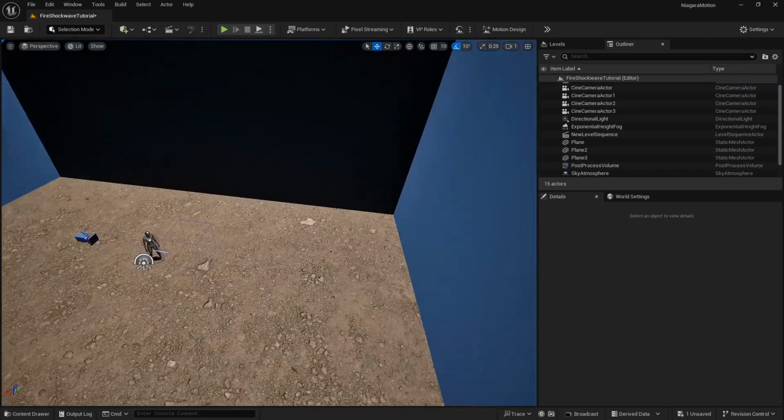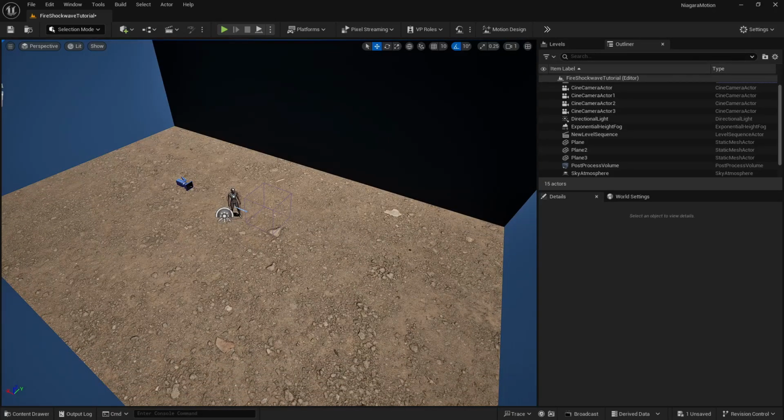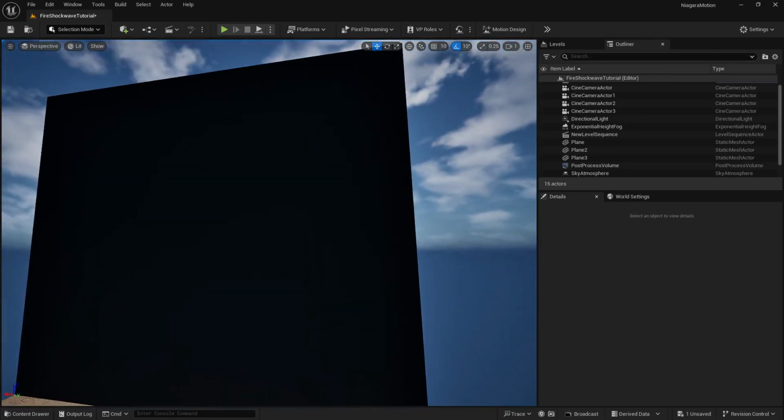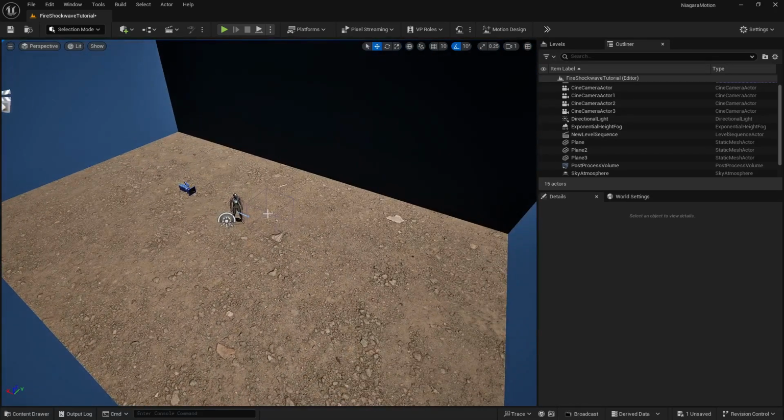I have opened my Unreal Engine scene here. As you guys can see, I have applied a default material of a landscape here. It's basically a rocky ground here and I have created just a default lighting. We are going to change the lighting as well. And as you guys can see, this is a big plane which I have basically created here and applied a black color here. So we basically get less reflections when our lights are getting bounced and when our emitter is emitting some glowing particles and it doesn't get that much bounce. So I am using this as well and there are some cameras as well. Okay, so let's start now.